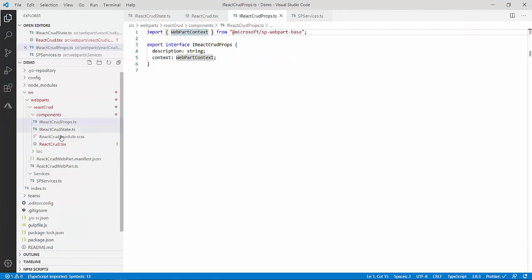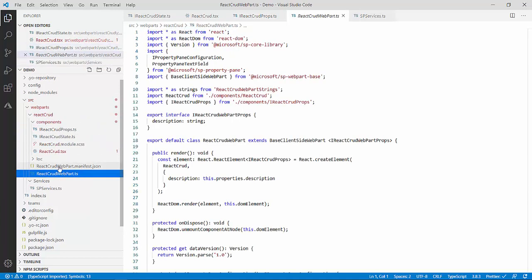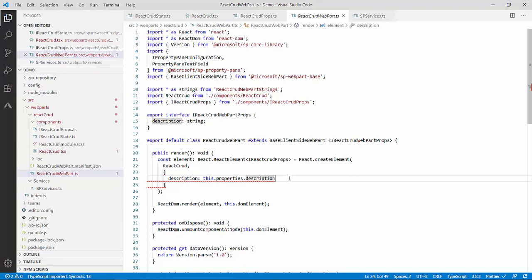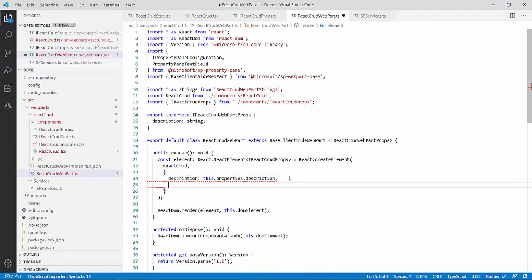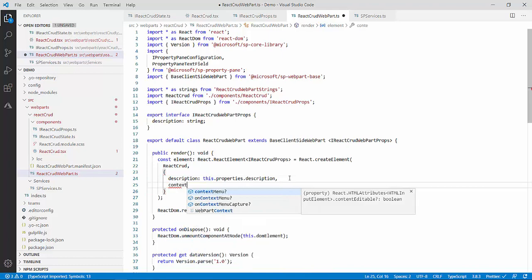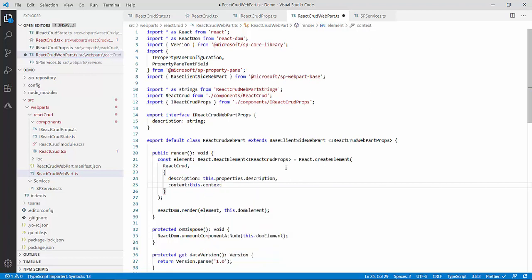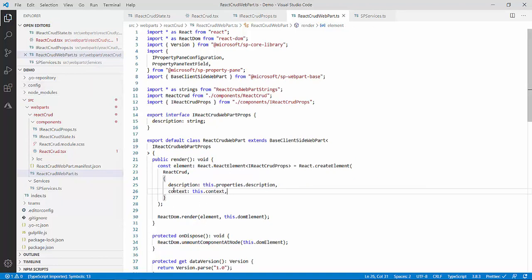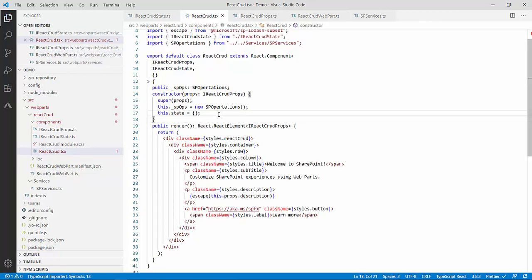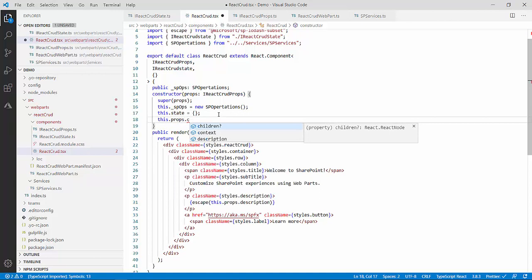So now I have to pass the reference. I will go to this webpart.ts file. I already covered this, that to pass the properties we will pass it from here. Now the property I have created is context. Now I have to assign the value over here, this.context. Now this.context is the web part context which I have only in this file. To use it in any other file I have to pass it from here. You can see BaseClientSideWebPart. This is the context which I am having. Now I have passed this context from my web part to my React properties, and I can use it in my component using this.props.context. So I can use it over here. So this is also done.